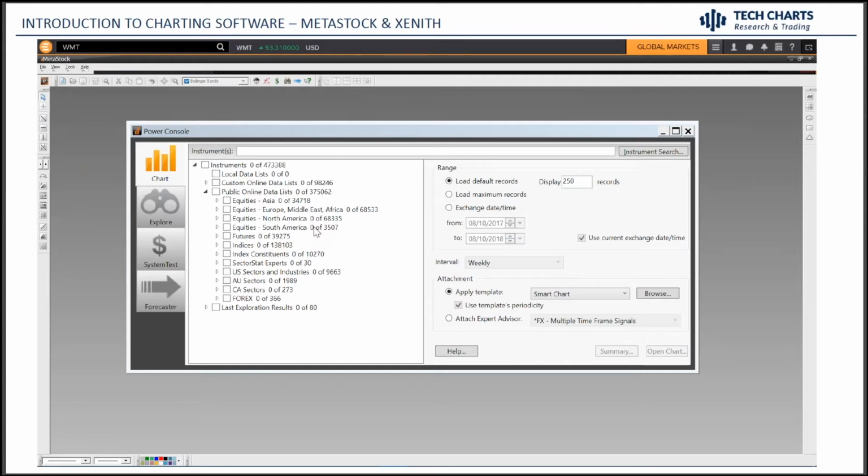Over the past years, MetaStock has seen massive improvements. One of the improvements that I really like is how organized the instrument lists are through the Power Console. Power Console is the go-to place for all your analysis. You can open charts, write systems, explorations with set criteria, and run it on the specific lists you have created